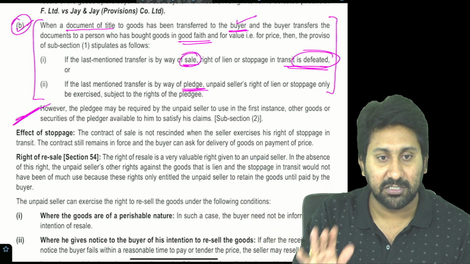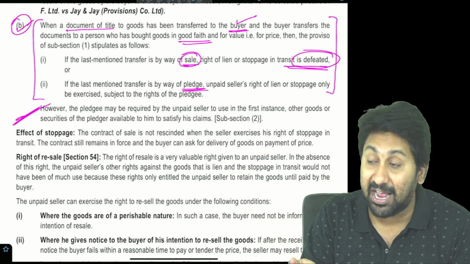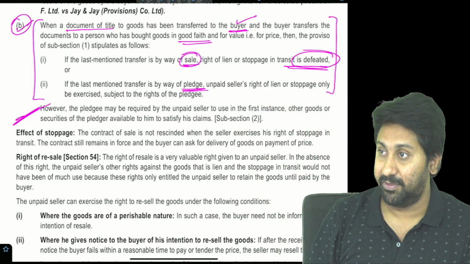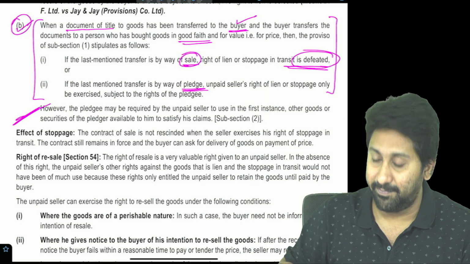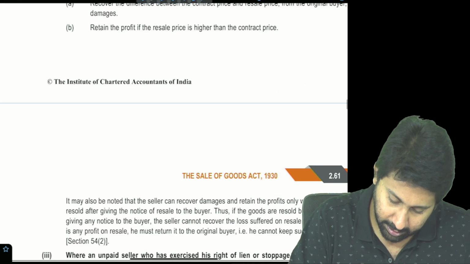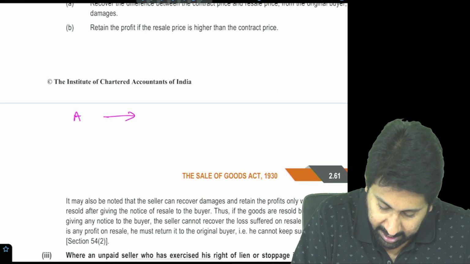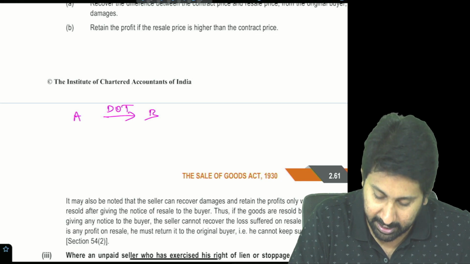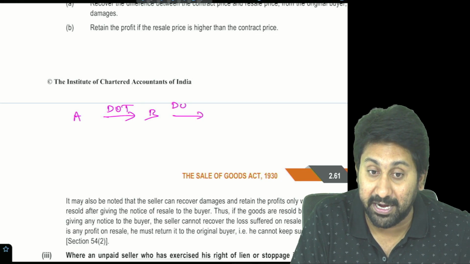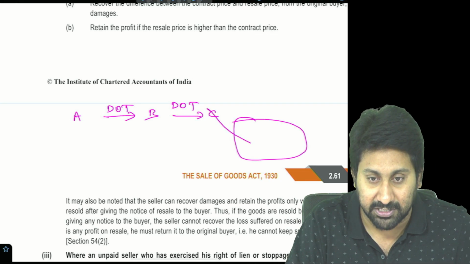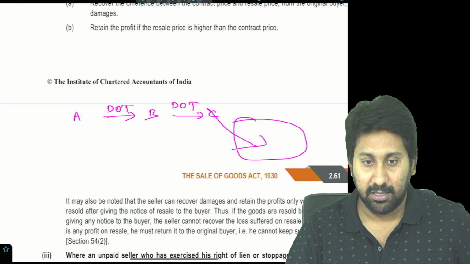At that time, what has this buyer done? This buyer has transferred the document of title to another person. What do you mean by document of title? A and B entered into an agreement. A transferred document of title to B. B didn't transfer goods. B transferred document of title to C. The ship came to Gujarat. Now C can get the goods. That means